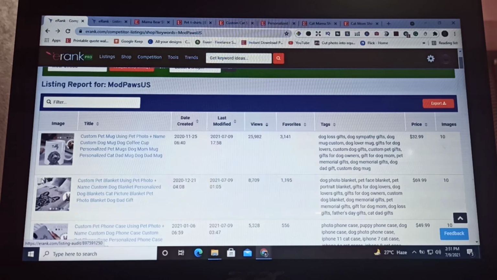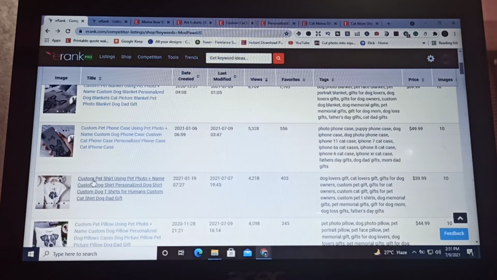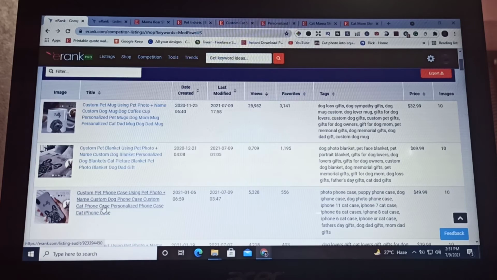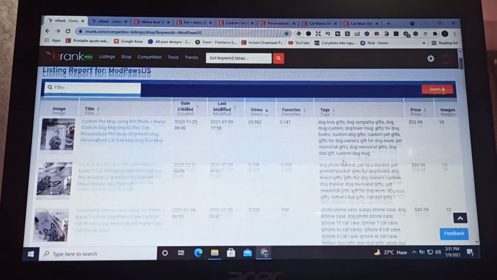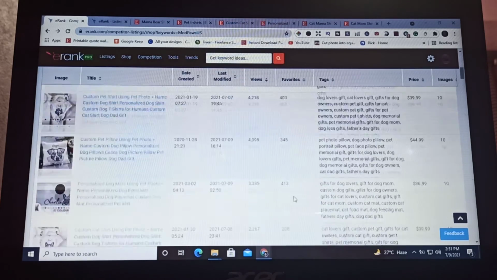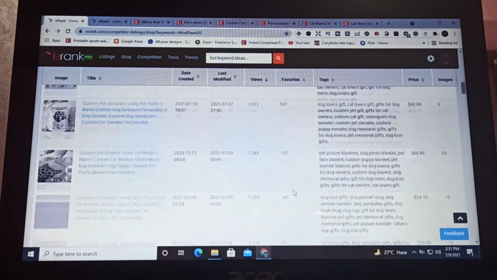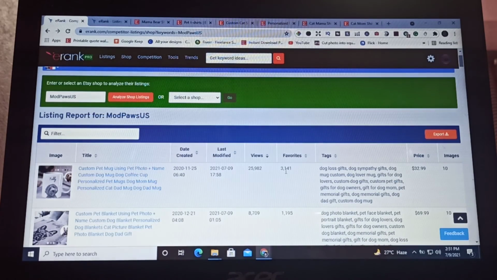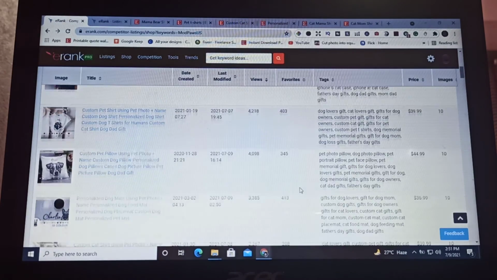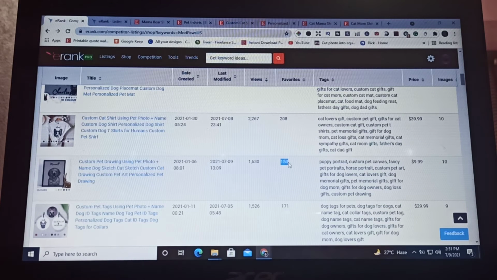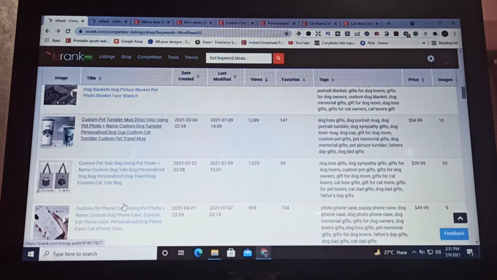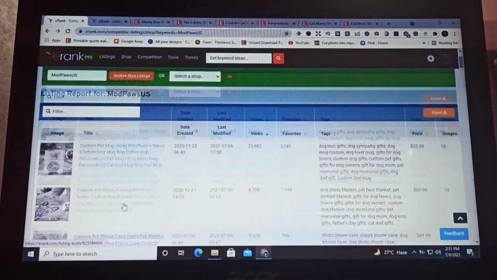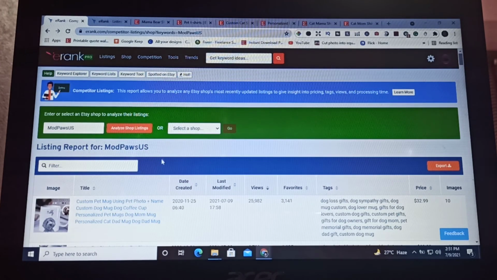See, custom pet mugs, anything custom pets, or the custom designs are selling really well. And another thing you can see here, okay, the thing is, only 5-6 of their designs are getting maximum number of views. See, this has 3000 favorites, and the sixth number one has what, 153 favorites. Okay, so things like that, you can always use this data. This is a really important thing. The competition checker analyzes shop listings.